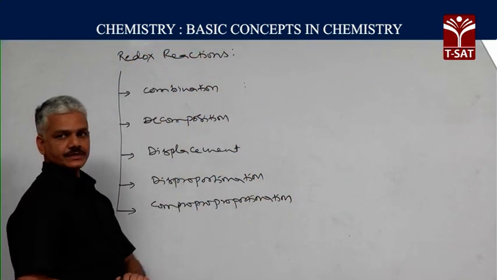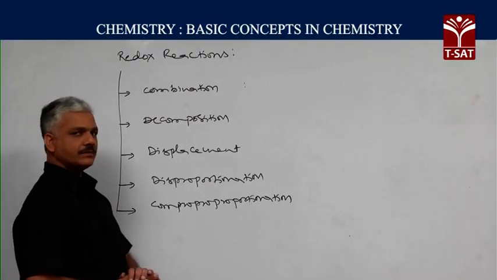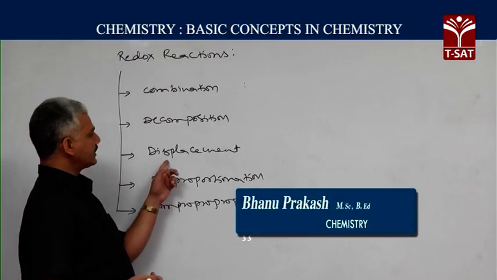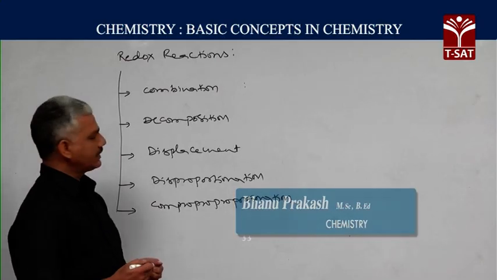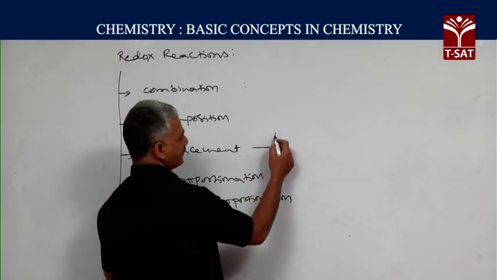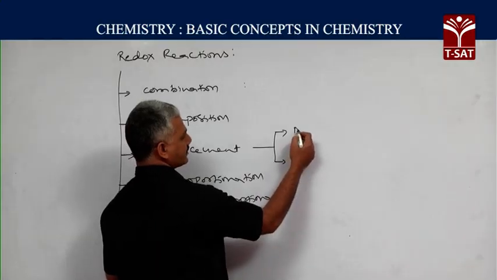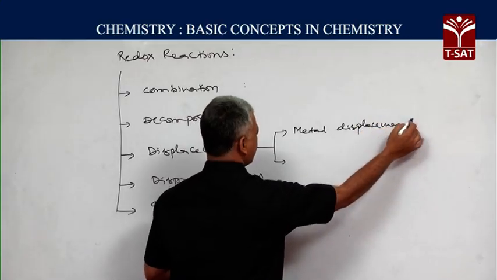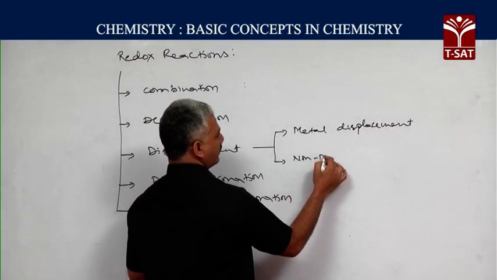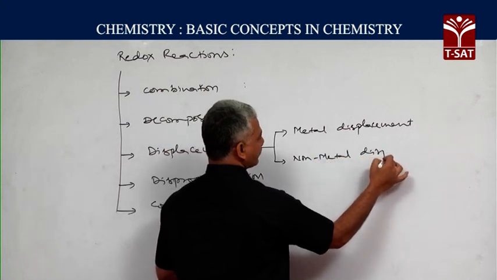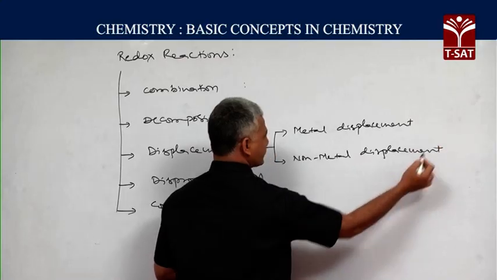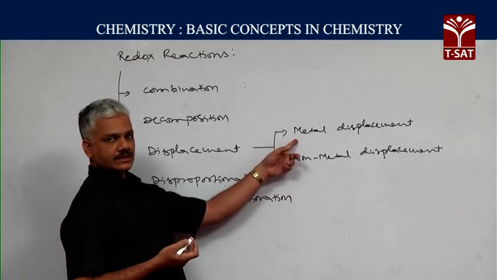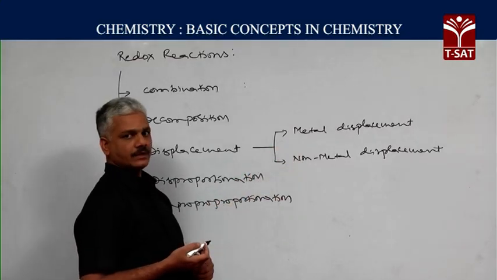Displacement redox reactions. The redox reactions in which one element is displaced from its compound by another element are called displacement redox reactions. These displacement redox reactions are further classified into two types: metal displacement redox reactions and non-metal displacement redox reactions. As the names indicate, here one metal is replaced with another metal, and here one non-metal is replaced